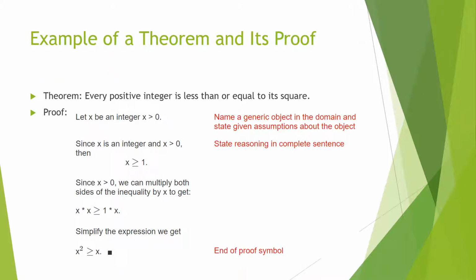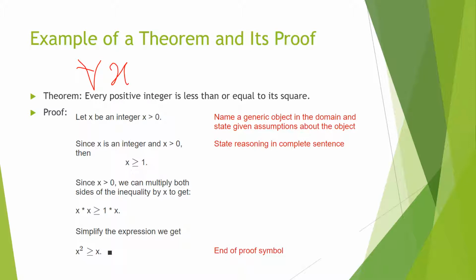So here is a theorem and its proof. The theorem says every positive integer is less than or equal to its square. And we're going to prove that this statement is a tautology, which means that it's always true. As you see, this statement is a universally quantified statement. So it basically means that for every